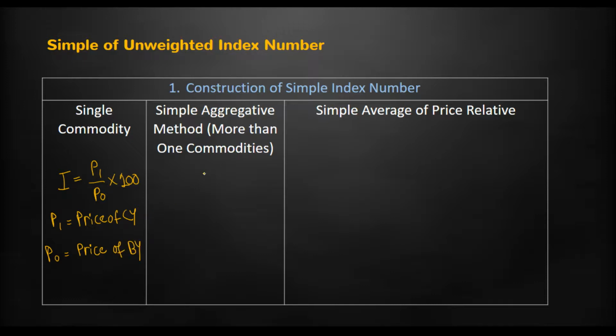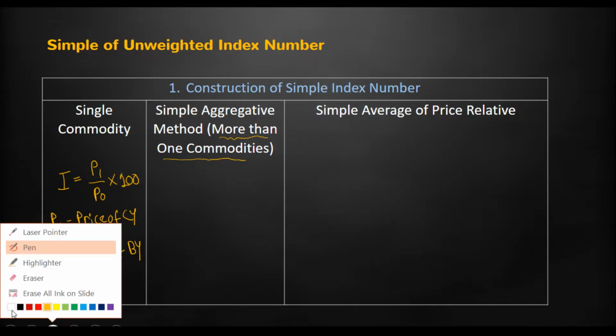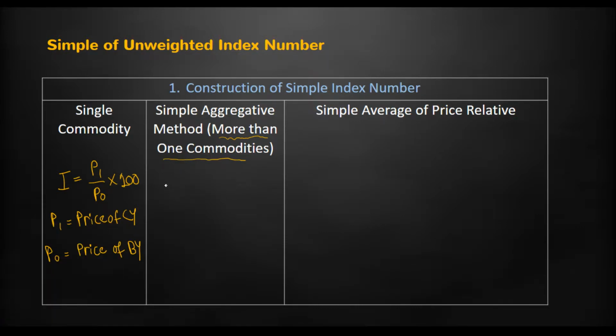Fine. Now the simple aggregative method. This method is applicable when we have more than one commodity. ये हो सकता है कि हमें एक क्वेश्चन में 3-4 कमोडिटी दी हो और उन सब का इंडेक्स नंबर गिनने के लिए कहा हो, तो हम सिंपल एग्रीगेट मेथड का इस्तेमाल करेंगे। इसका फॉर्मूला लिख देते हैं। सिंपल एग्रीगेट मेथड का जो फॉर्मूला है वो थोड़ा सा डिफरेंट है। I इज इक्वल टू सिग्मा P1 डिवाइडेड बाई सिग्मा P0 इंटू 100।